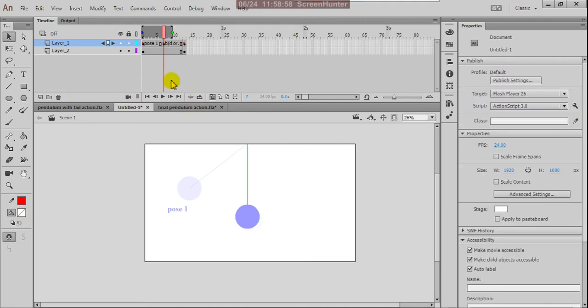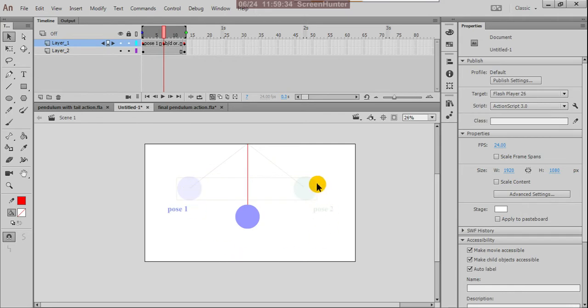Okay, so this is a very important frame. Without this middle frame there will be no pendulum action. Yes, there will be no pendulum action. So like these two keyframes, this middle frame is also very important. But in the initial stage we are not placing this. First we placed this pose, and you can copy and paste it to that side.